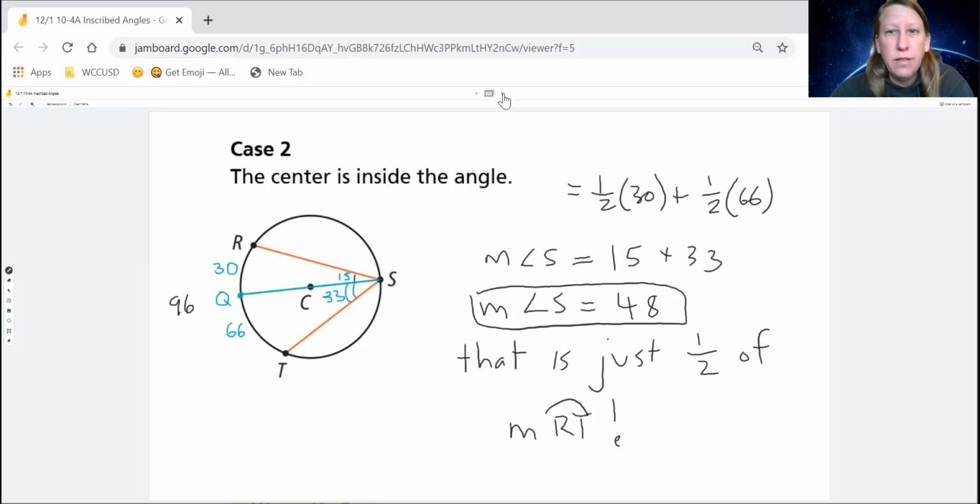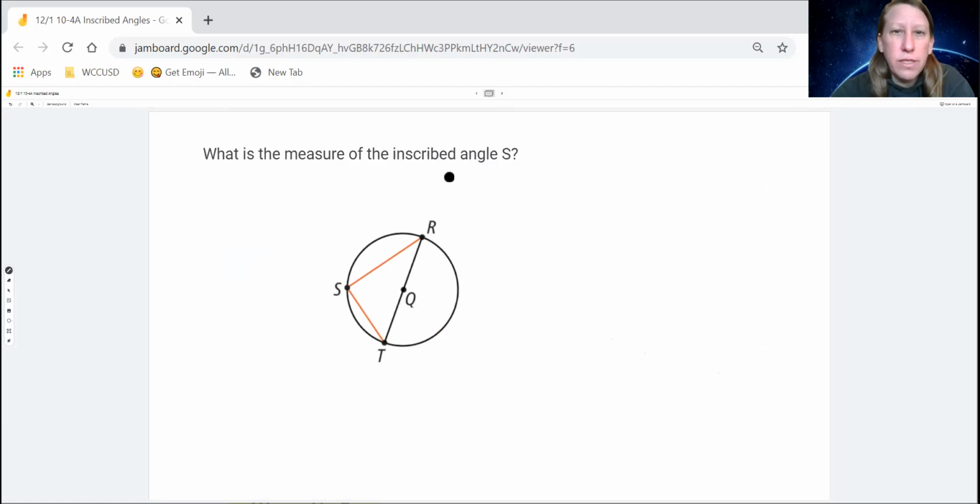Yep. All right, let's apply that. So what's the measure of this inscribed angle S? This is just like the one we just did. We have an angle S and it's inscribed. This is on the circle. And I want to know, how big is it? Where's the intercepted arc? Okay, here's angle S and it's intercepting the circle here. This is the intercepted arc. And what do we see? The intercepted arc